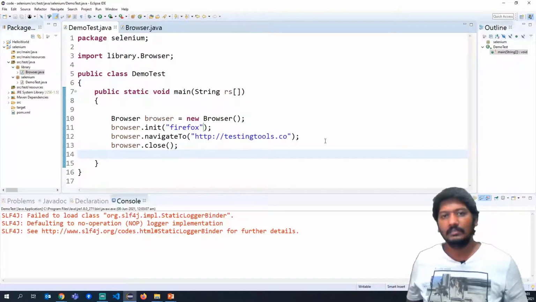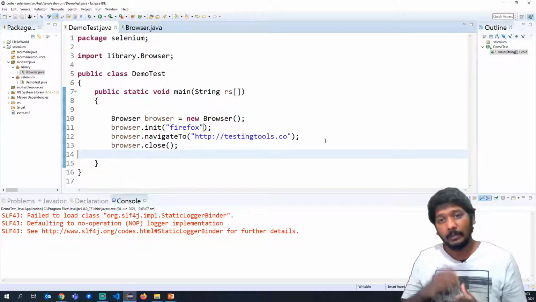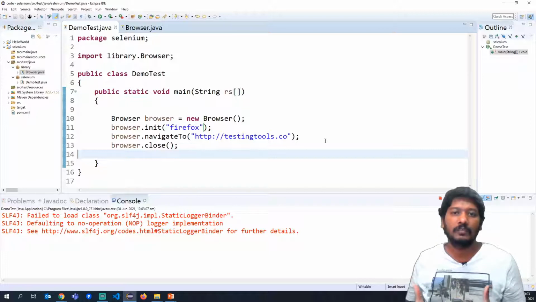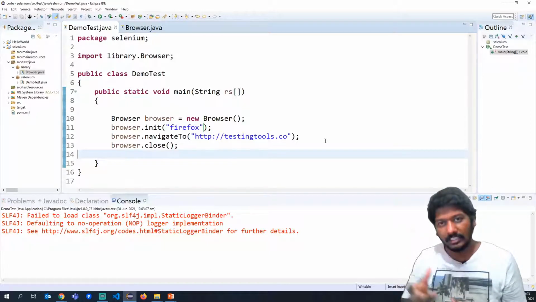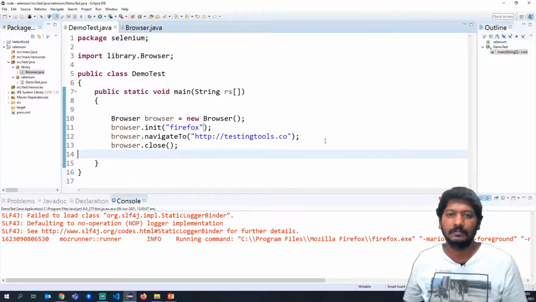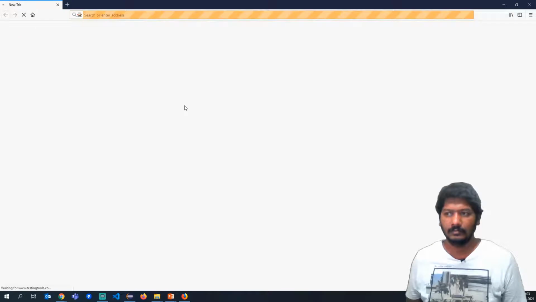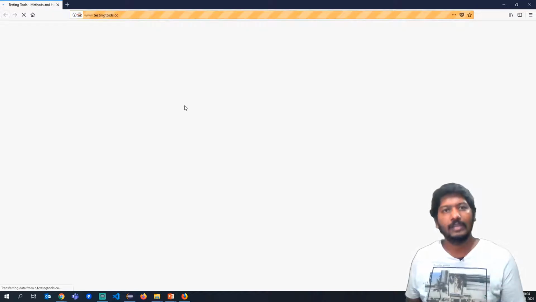So if you see here, we are not worrying about having to download a particular binary file or the exe file as we have done for Chrome driver. The WebDriver Manager itself will take care of understanding what is the Firefox version you have, and then it downloads the respective driver file and then it launches automatically. So it launched the Firefox driver and it is also trying to navigate to that particular URL that we have passed.